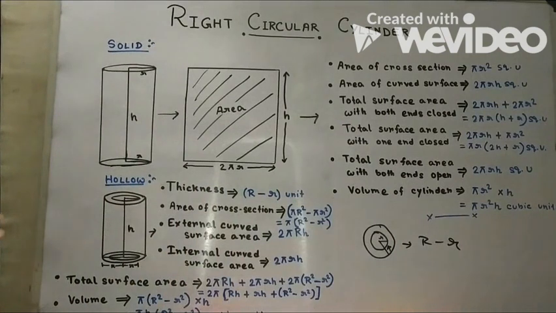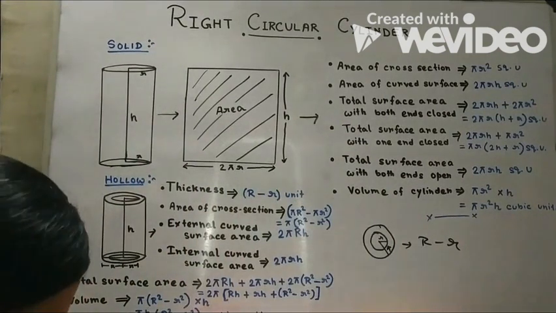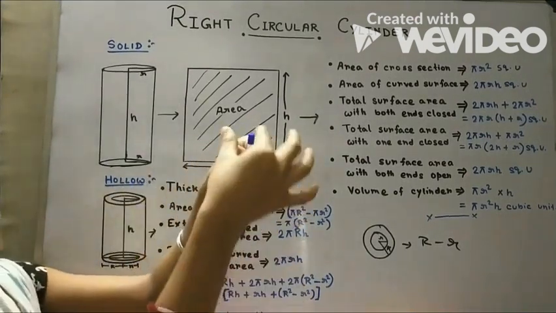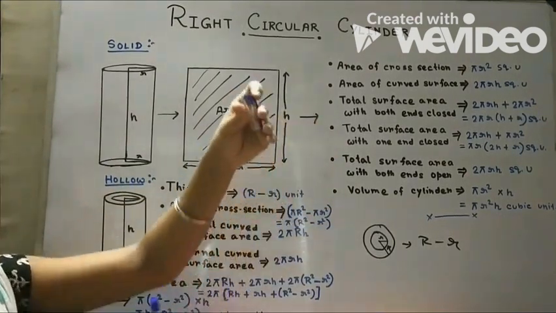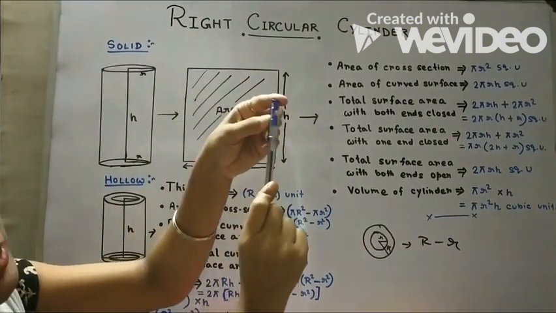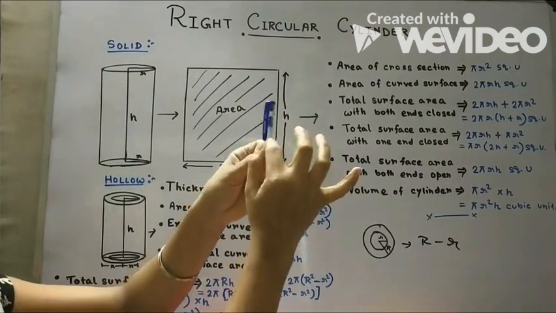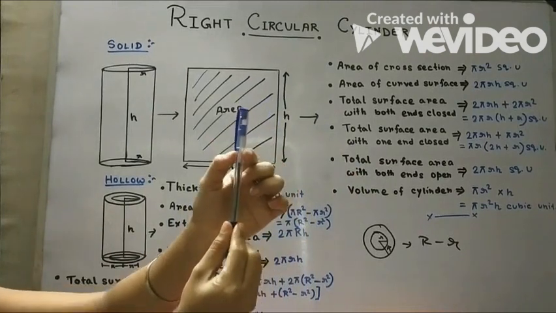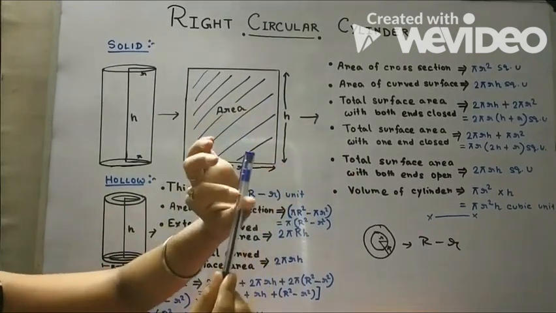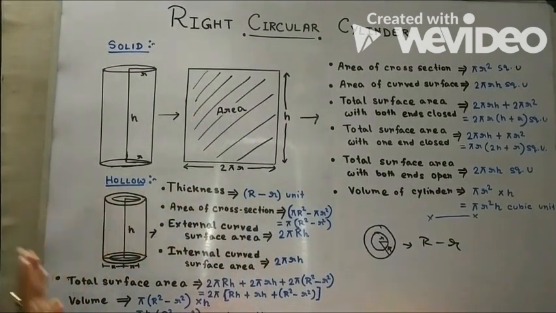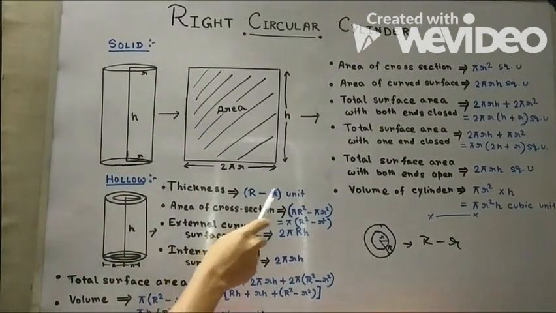Let me demonstrate. Like this pen, this is a circular cylinder, and this is also in the shape of a circular cylinder. So if I put it over here, there is a difference, right? This difference is the thickness of the metal sheet or the material we use. The thickness of the material means the thickness of the cylinder. So the thickness is capital R minus small r.